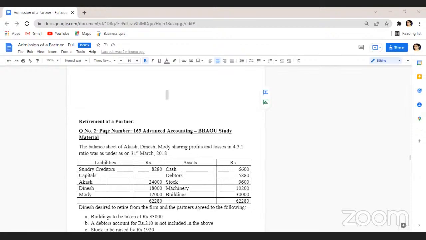So wherever the new profit share means the old profit sharing ratio you apply, all those places you are supposed to make the